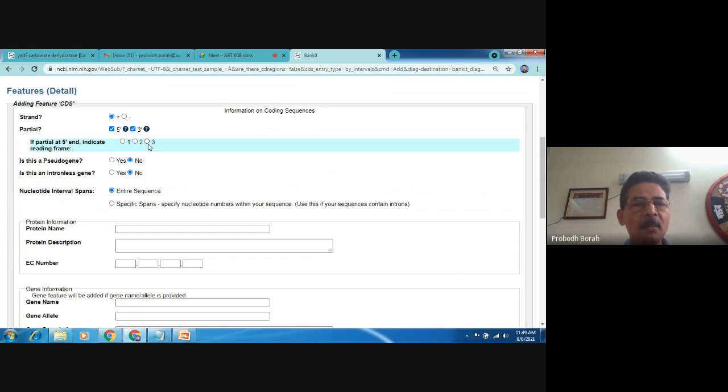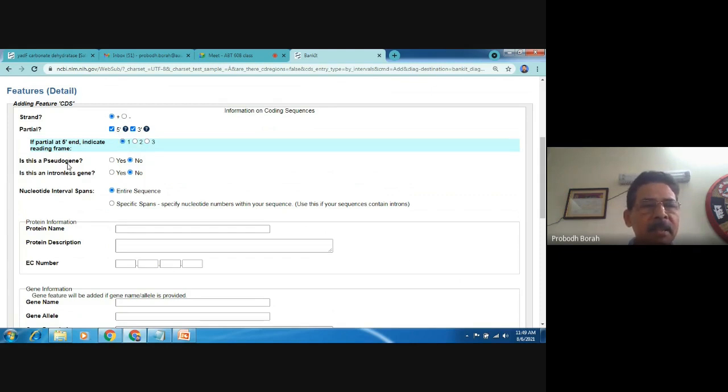For that, you can use BioEdit or any other software tool which can predict the ORF. Otherwise, if you are not sure about it, simply click one after the other. It will automatically detect whether it is an open reading frame or not. Suppose we click bluntly on 1.